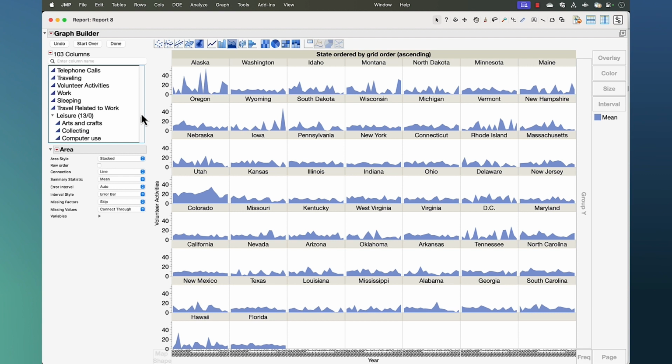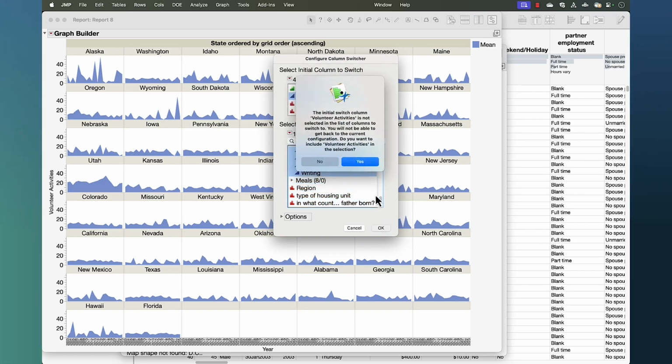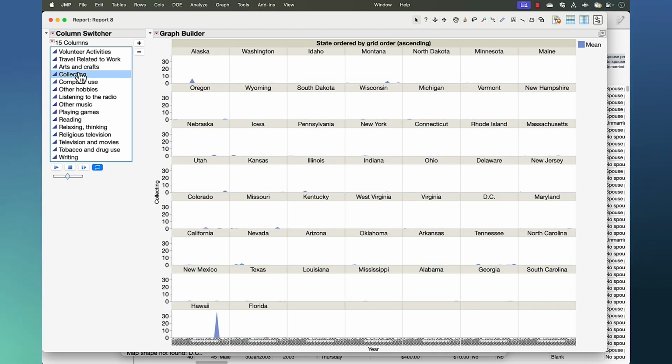So this is a little bit like a grand tour. I can formalize it a little more by using something called a column switcher. I'm going to click done first to close that up. Open up a column switcher, switch out volunteer activities, and maybe look at all of these leisure activities and some others. Okay, I'll get it in there, and so now we can switch between them and get a sense of how they compare. So another way of doing a grand tour,